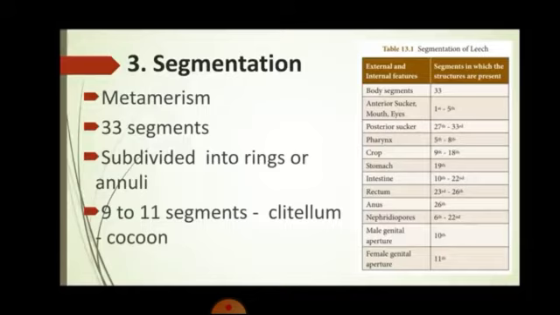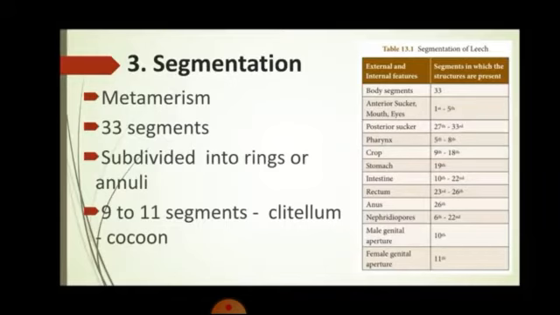Totally there are 33 body segments, and the anterior sucker, mouth and eyes are present from the first to the fifth segment, and the posterior sucker is present between 27 to 33 segments. Pharynx is present from 5th to 8th segment, and crop is present between 9th to 18th segment,